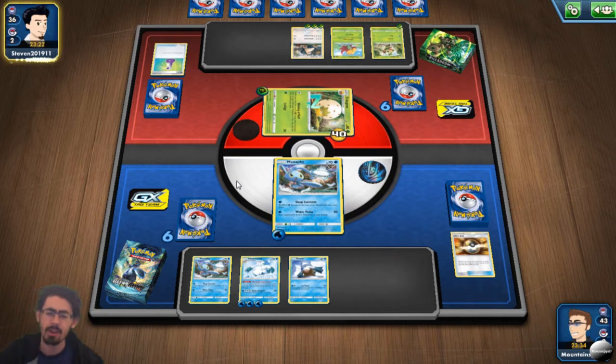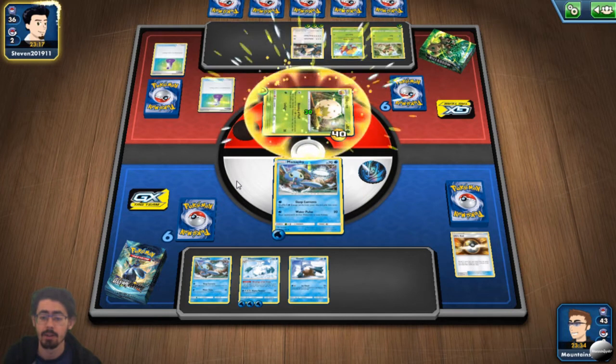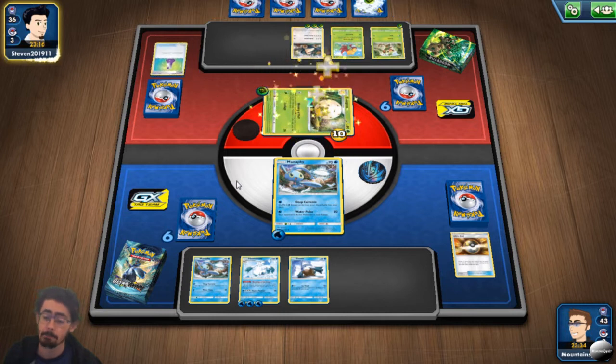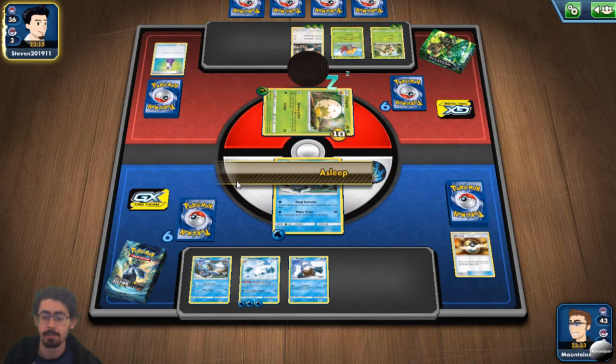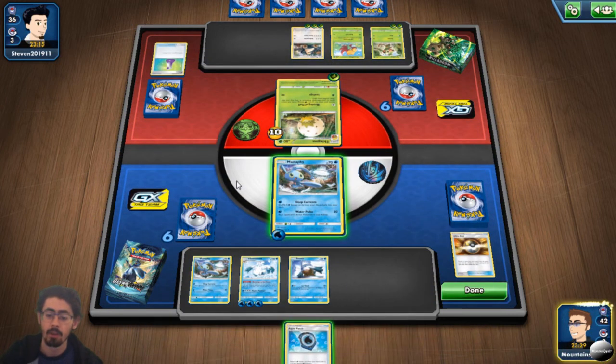Yeah, I don't know why. I'm struggling with draws today. Wow, another potion goes out to keep this Eldegoss here. Okay. They really want to get as much value out of Blessing of Fluff as possible. There's Aqua Patch. So,